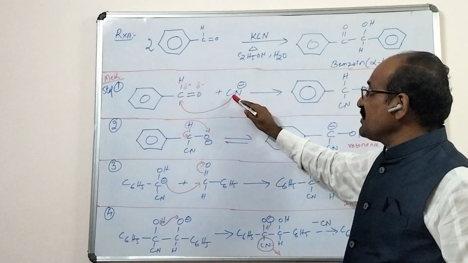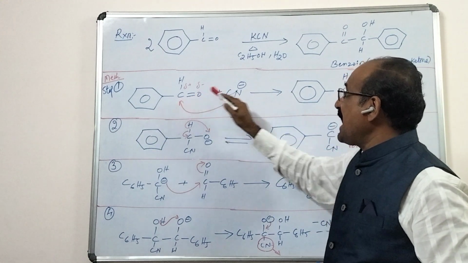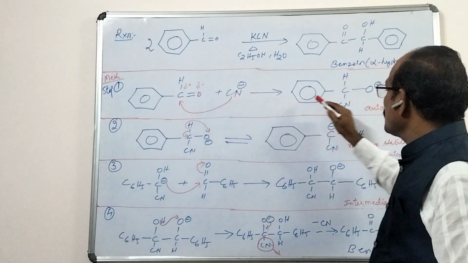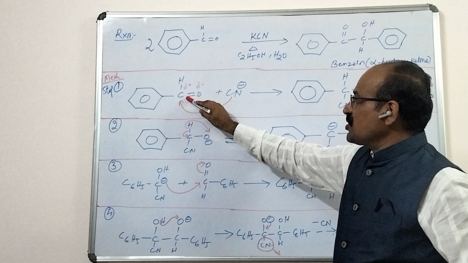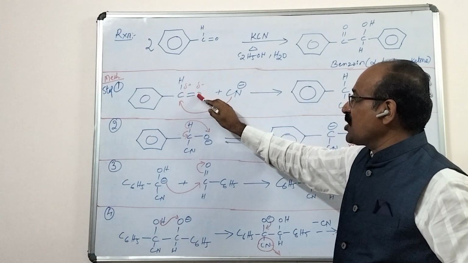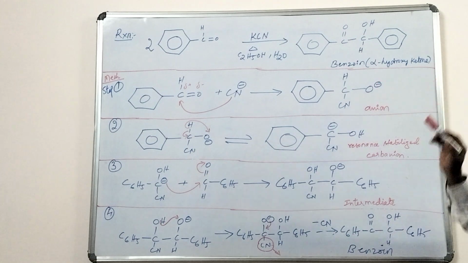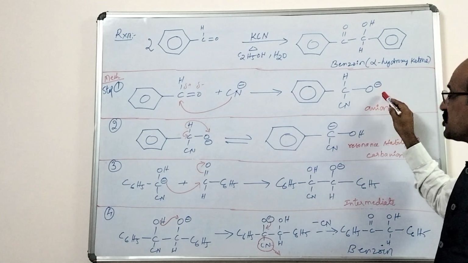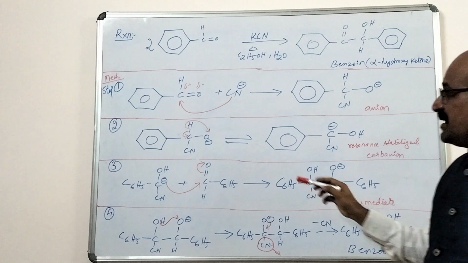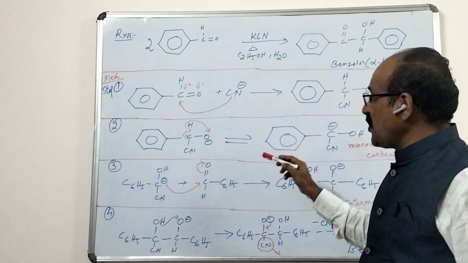Once the bond between the carbonyl carbon and the cyanide is formed, the pi electrons between the carbonyl carbon and carbonyl oxygen will be shifted to the carbonyl oxygen. Okay, so that it leads to form an anion. When this anion is formed, then